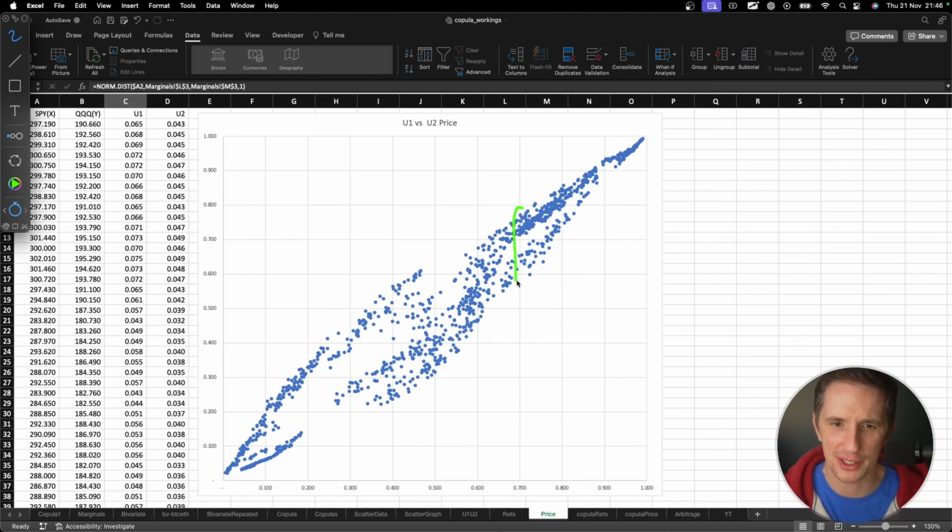We would expect to see the price for U2 up here because we're looking at a scatter plot of 0.7 in the past and where Y has ended up. We've never, for example, seen X being at 0.2 and Y being at 0.8. That's never happened in the history of this data set that I'm looking at here. It's never, ever happened. So the way I could write this is I could say the probability of, and here I'm just going to say the S&P, which is the same thing as saying U1, is less than or equal to 0.7,